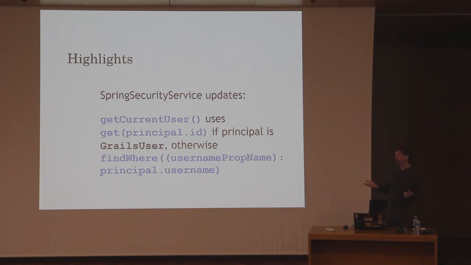All it does is look up the registered class name of the user class. It doesn't make any presumptions about that. It could be user or sec user or person, whatever you called it. And it does a get or a find where, a GORM lookup, using either the ID or the username. You can do that yourself. You can get the currently logged in user information, the principal data, and use whatever you used to originally get the data in the first place to reload that data. So I don't think that's that much of a